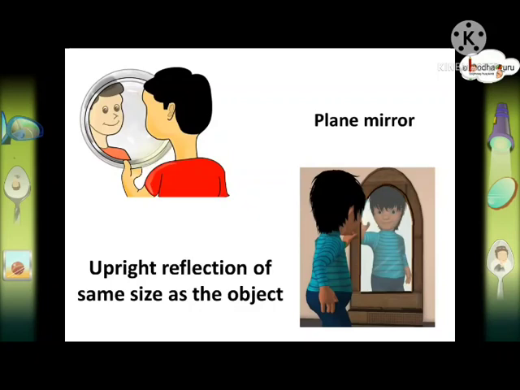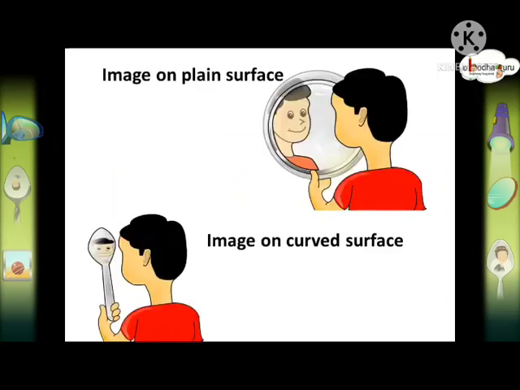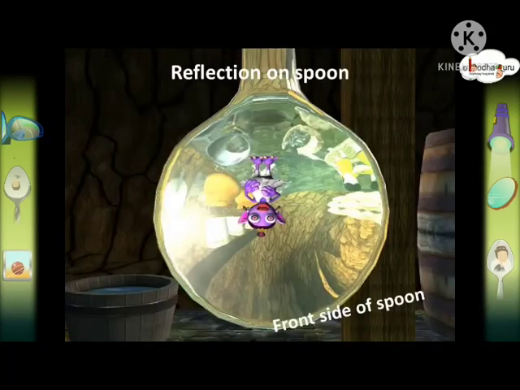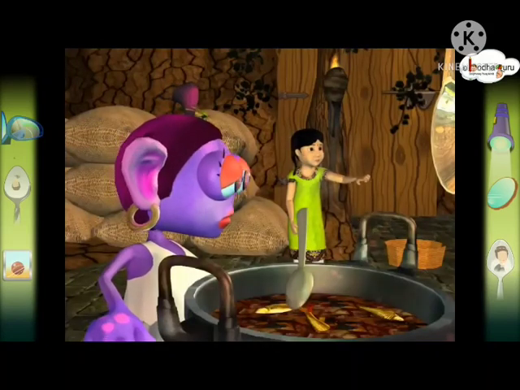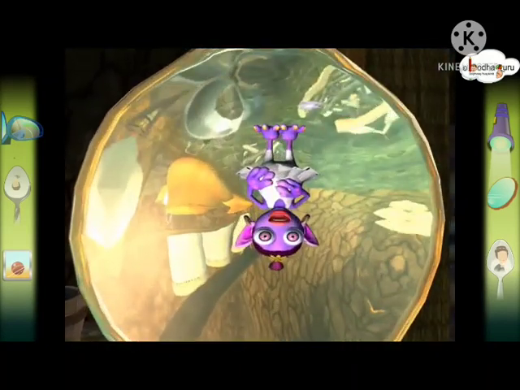If you look in the shiny plate, your reflection would look upright, just like the reflection in the plane mirror. So, there are different types of mirror around us, which produce different types of images. The spoon has a curved surface, unlike the plate or the plane mirror which we use. So, the properties of the spoon as a mirror are different too. So, we can understand the properties of different mirrors easily at home in a fun way.